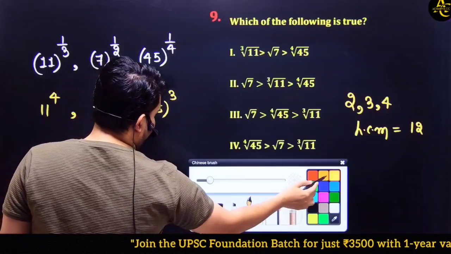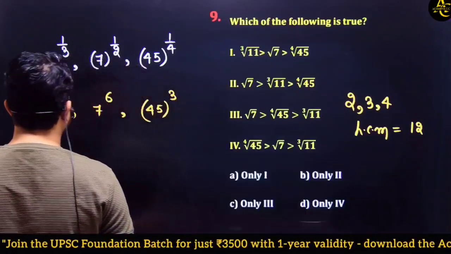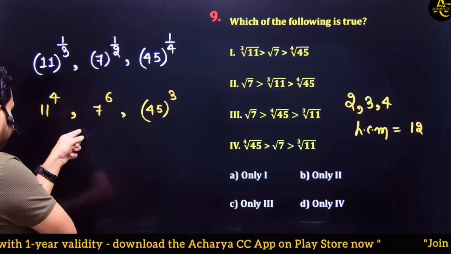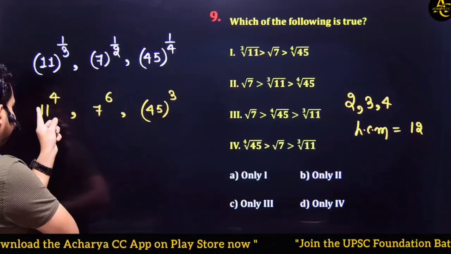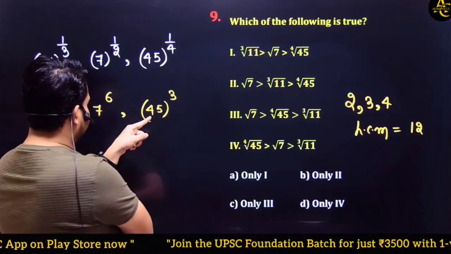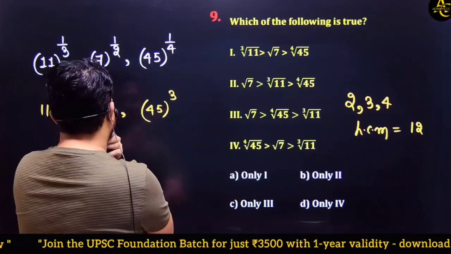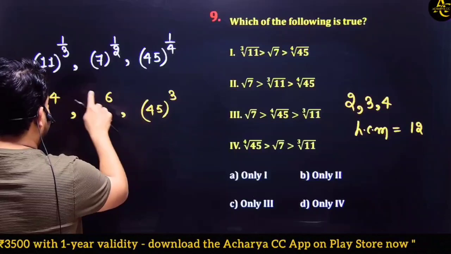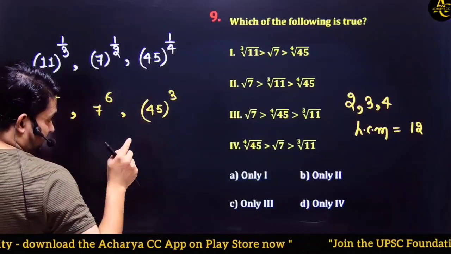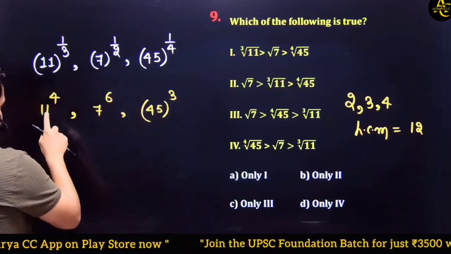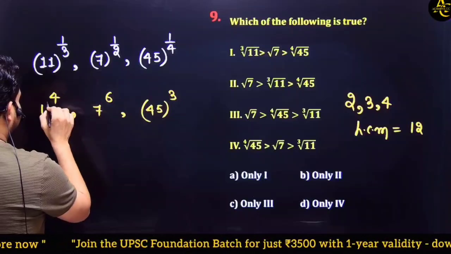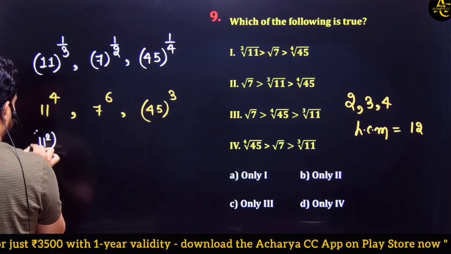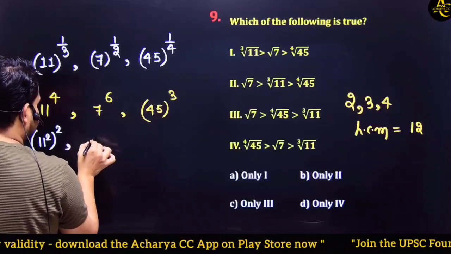So now we have to compare them. See, these two can be compared easily because their HCF is 2. These also can be compared easily because their HCF is 3. If I have to compare these, their HCF is 1, so I cannot compare them directly. I have to compare this one first. Their HCF is 2, so I can write it as 11 square whole square, and I can write it as 7